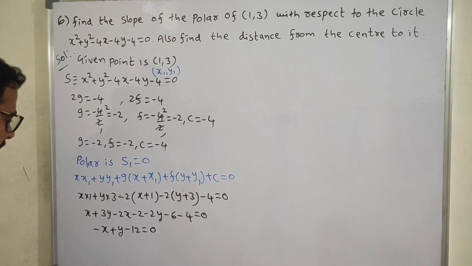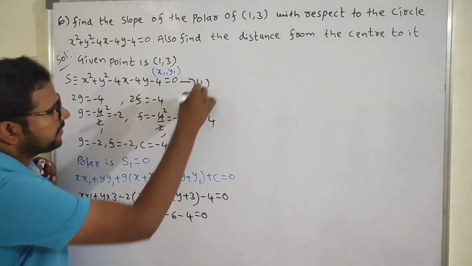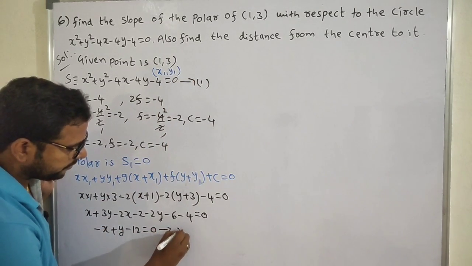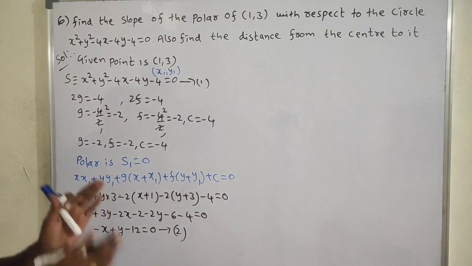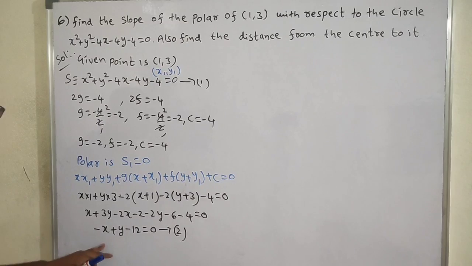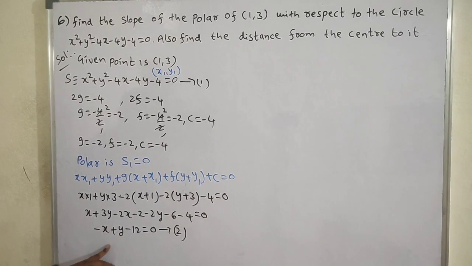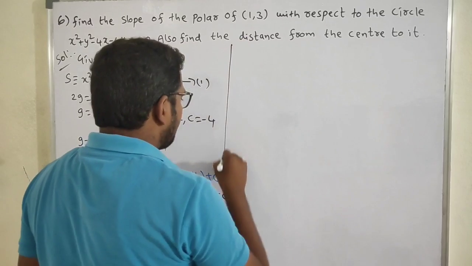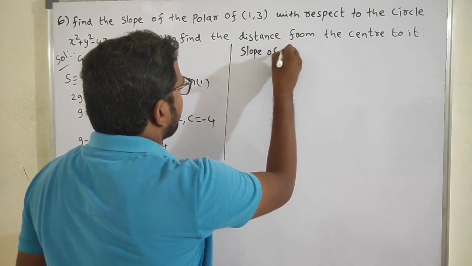Take the circle equation as equation number 1 and the polar as equation number 2. What is the slope of this line? Take the general ax plus by plus c equals 0 form. What is the slope? Slope is equal to minus a by b. Slope of polar equals